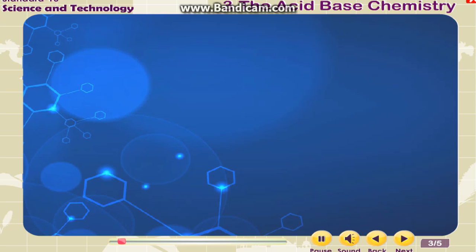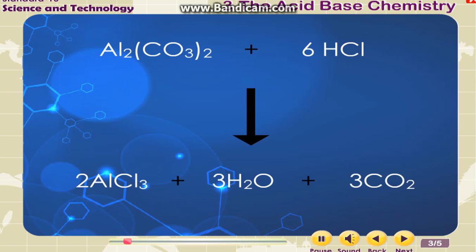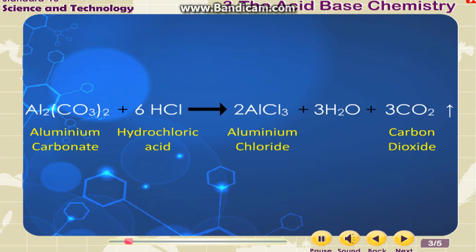Observation: Al2(CO3)3 plus 6HCl gives 2AlCl3 plus 3H2O plus 3CO2 gas is released. Aluminium carbonate plus hydrochloric acid gives aluminium